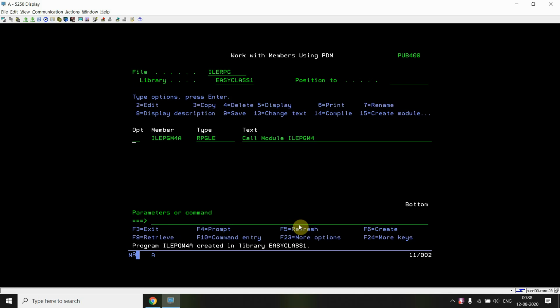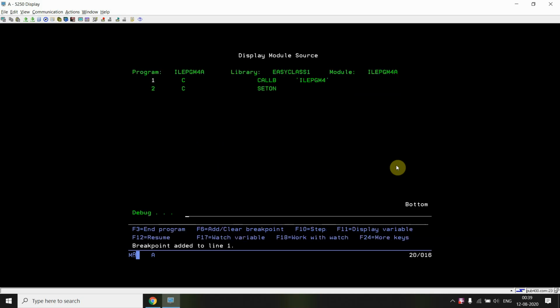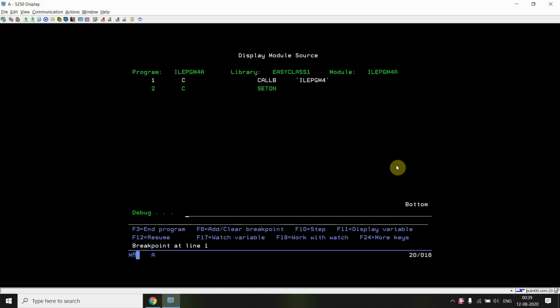Now I can call this program. Just do STRDBG ILEPGM4A. Yes, yes. Set the breakpoint at line number 1, then call ILEPGM4A.